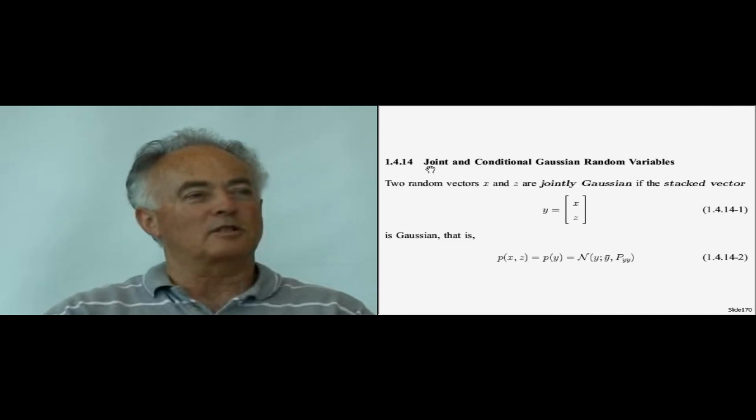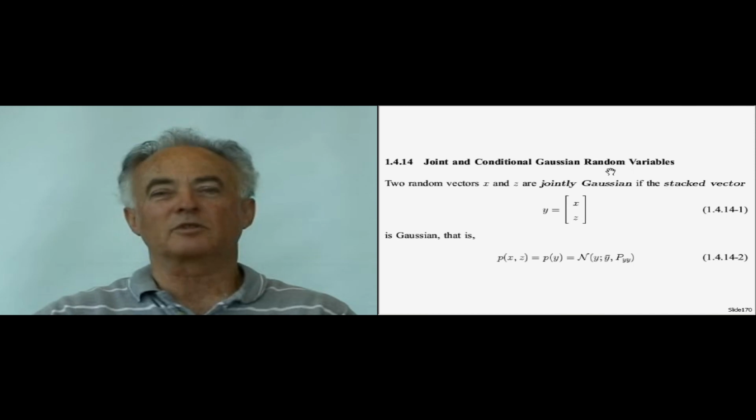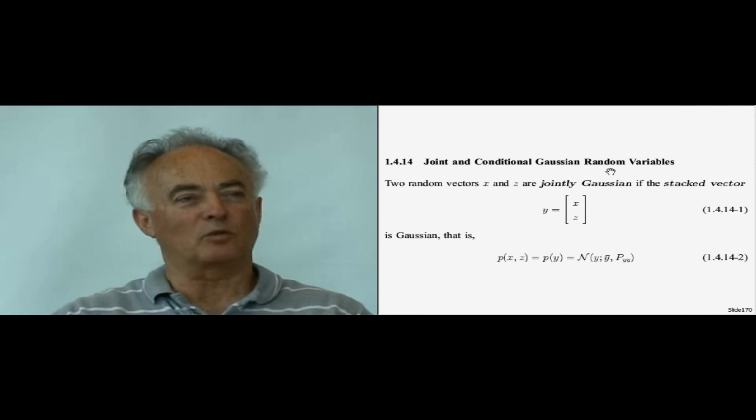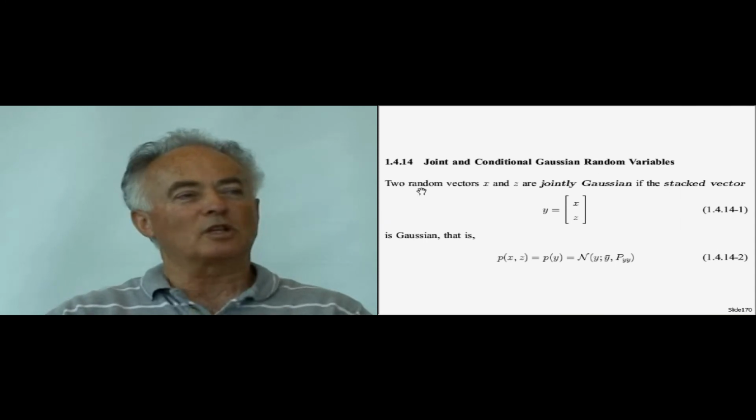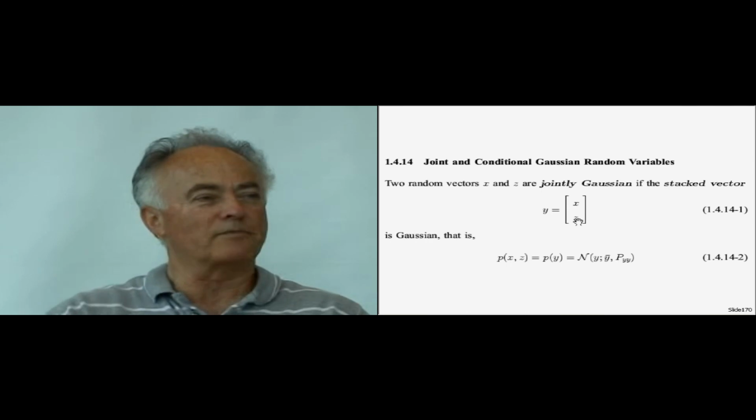Next, we'll work on joint and conditional Gaussian random variables, and we'll end up with the fundamental equations of linear estimation, as we'll see in a short while. We say that two random vectors, x and z, are jointly Gaussian distributed if we set up a stacked vector y, first x, below it z, so they are one on top of each other,